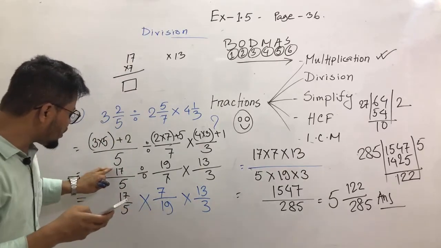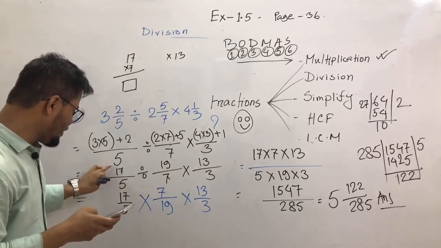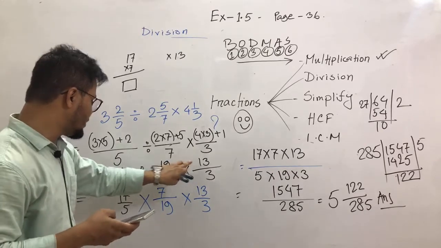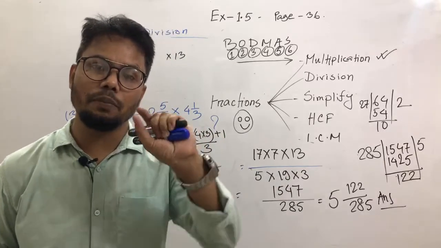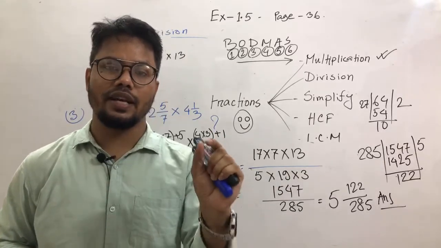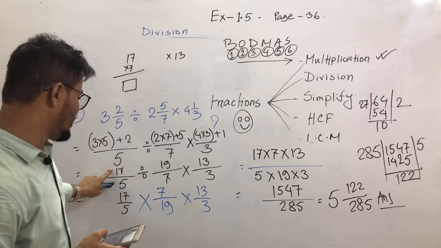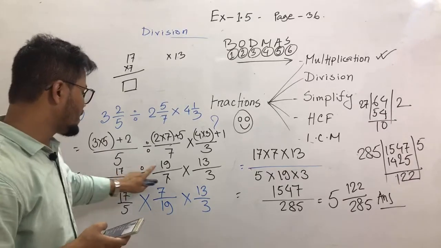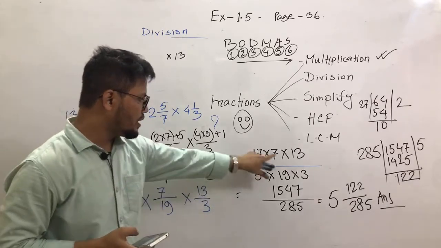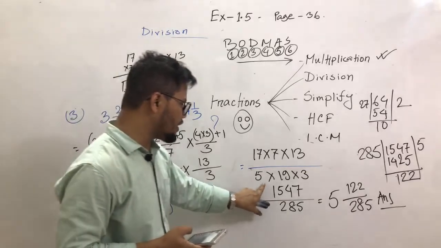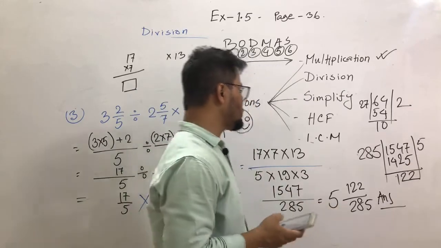This is very easy because all are prime numbers, so we cannot divide by the denominators. Here numerator 17, 19, 13, all are prime numbers. We all know prime numbers are the numbers that cannot be divided by any other number except itself or 1. So here 17 cannot be divided by any other numbers except 17 or 1. 19 is also same, 13 is also same. So all are prime numbers. Multiplying them, result is this one. Multiplying all denominators, result is this one. This is now an improper fraction, so we will convert this one into a proper fraction.